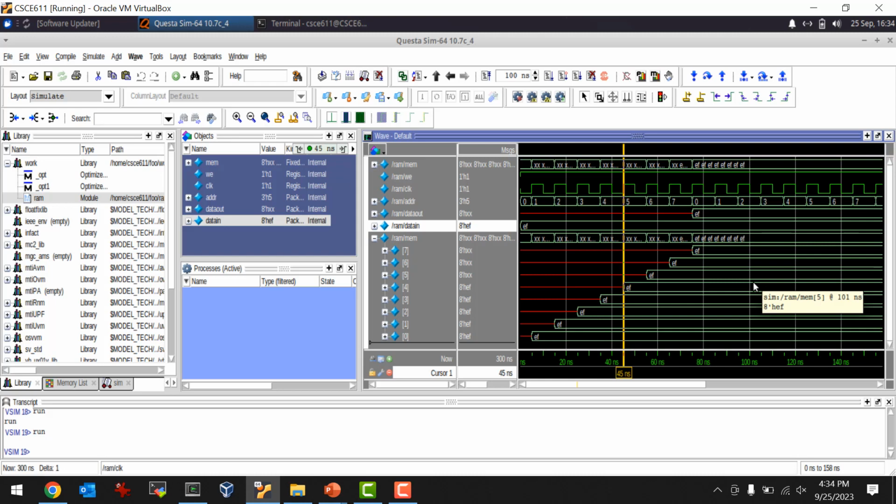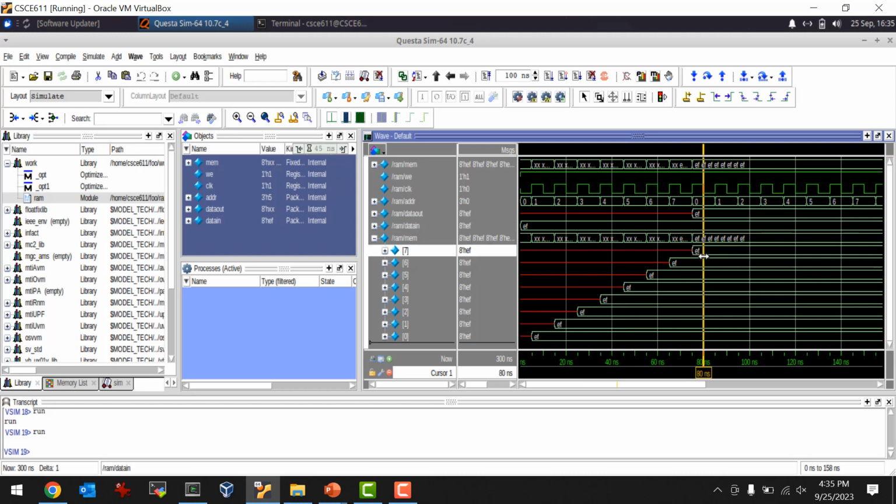So in this case, it doesn't actually matter that the read is asynchronous, because the write is synchronous. So I don't think it would change. Well, let's see what happens if we make it synchronous. This is one difference we'll see. You see that when the address rolls back to 0, the EF immediately pops out of the data out, right?